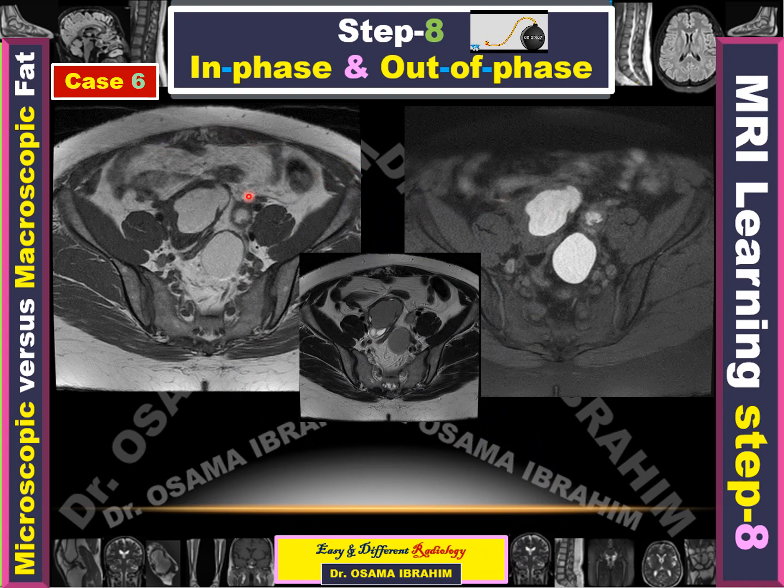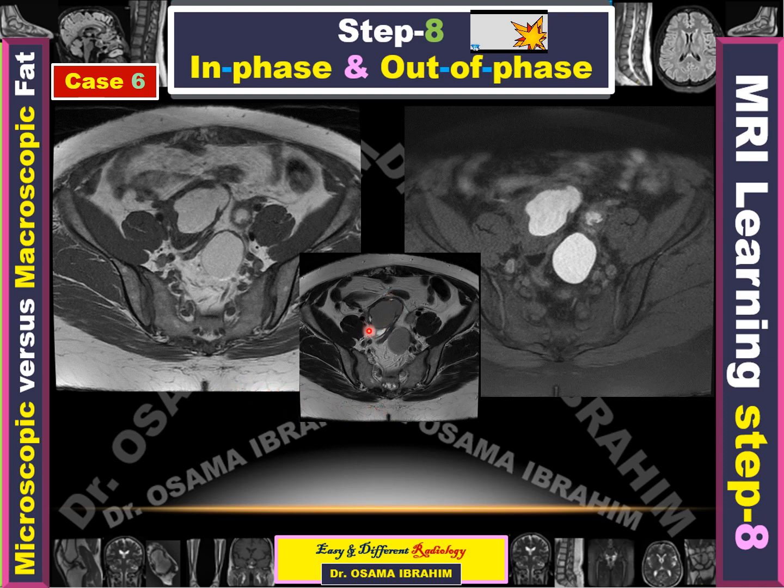Sixth case, is there any opposed phase within these three images? There are no outlines. So, time out. There is no opposed phase in these three images. What about this sequence? This sequence is spin echo, because the subcutaneous fat appeared